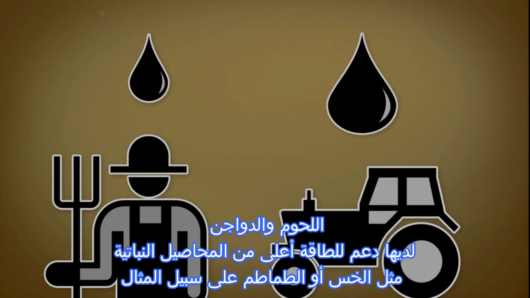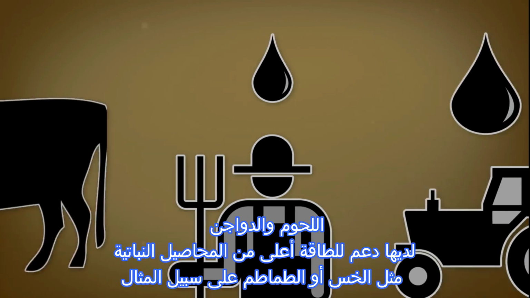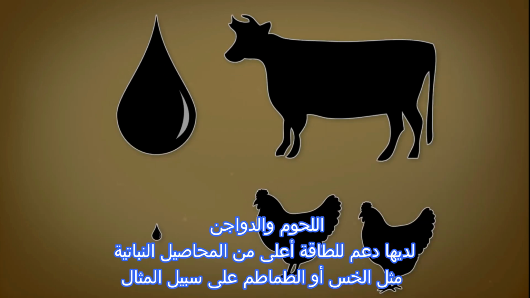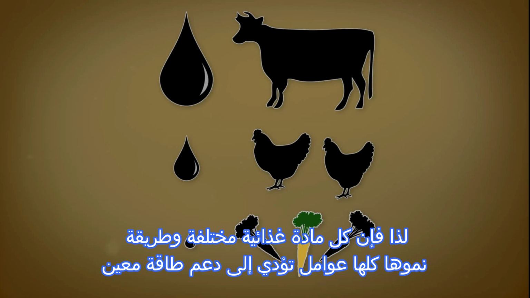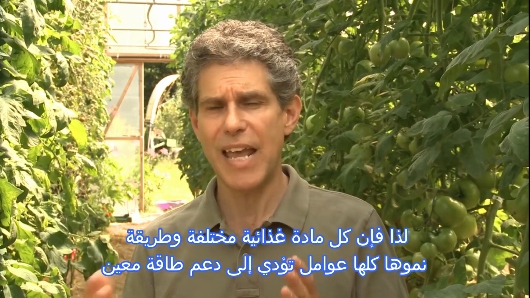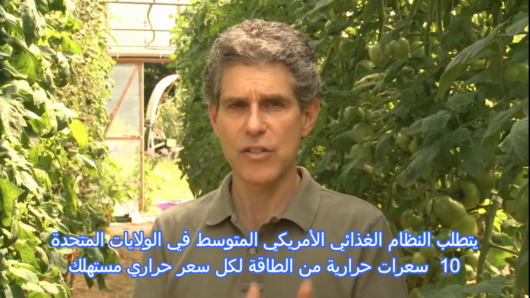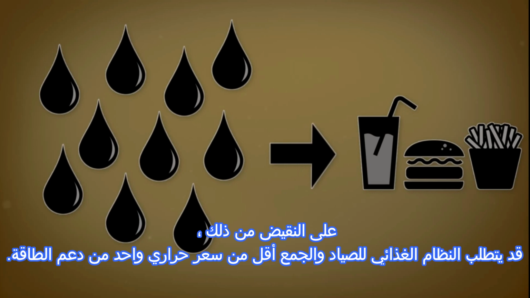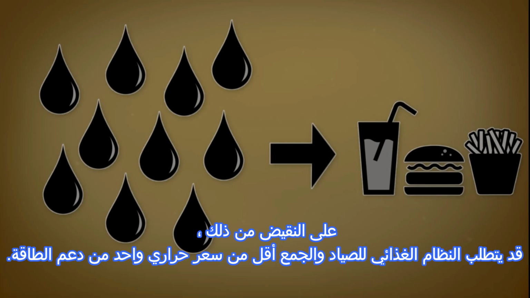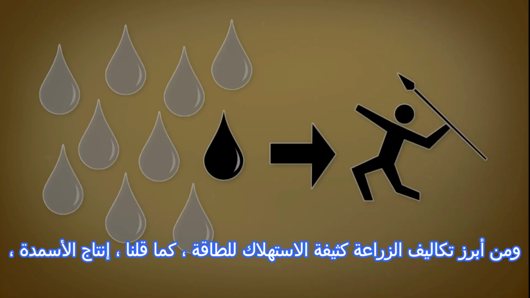Small-scale agriculture has a lower energy subsidy than industrial, large-scale agriculture. Beef has a higher energy subsidy than chicken or pork. Meat and poultry have a higher energy subsidy than plant-based crops like lettuce or tomatoes, for example. So each different food item and the way it's grown all factor into a given energy subsidy. The average American diet in the United States requires 10 calories of energy for every calorie consumed. By contrast, a hunter-gatherer diet may require less than 1 calorie of energy subsidy.